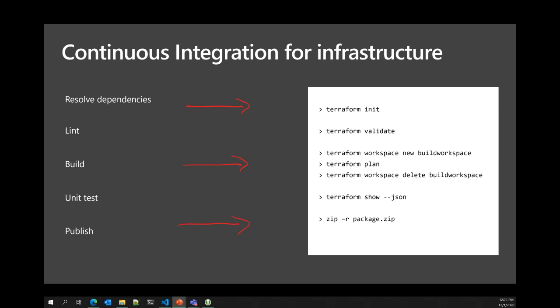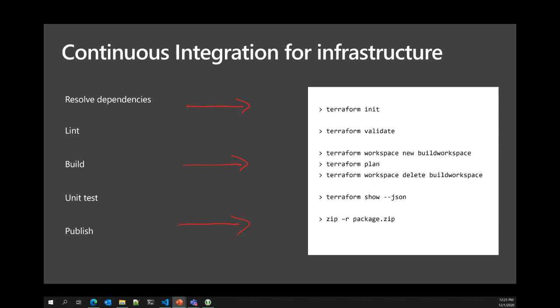Linting within the application world is the concept of doing syntactic validation of the code that we have written. Basically, is the code that I wrote actually valid code? Did I follow all of the structures of the language itself? Terraform has this built in, the terraform validate command, which will lint the code for you and tell you whether or not the code that you've submitted is syntactically valid. So this acts as a really quick check of whether somebody submitted a good quality piece of work, or was just throwing garbage at the CI process and hoping it would make it through. So terraform validate is our next check.